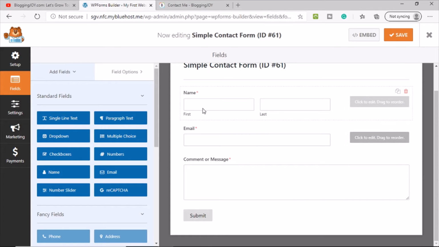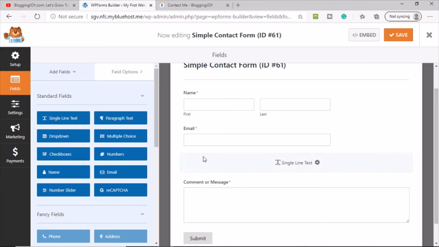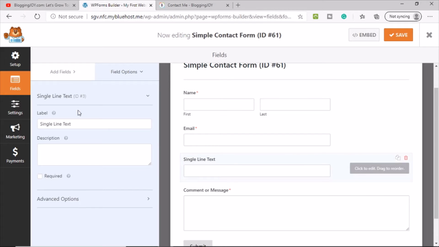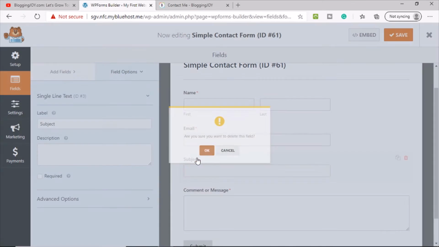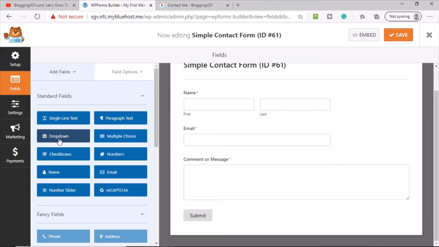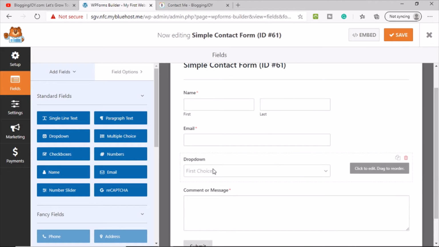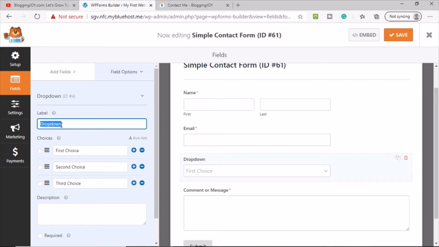Now if you want to add a few more things, for example, let's say a subject line. So what we can do, either you can put a single text like this, simply do a drag and drop, okay, single line text, let's say subject, something like that you can do. Or else what you can do, you can put a drop down also. For example, delete this, okay, you can provide a drop down like this. In the drop down, let's say